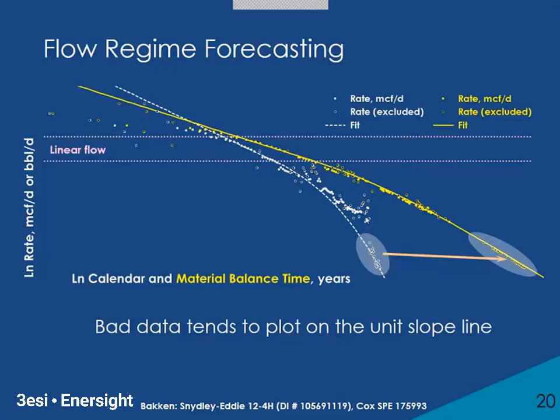I think, because this is an Elm Coulee Bakken well in North Dakota, I don't know what's happening here because I'm just pulling public data. But I think what's happening is that there's some damage on this well. Maybe there's some leaking tubing, maybe there's some plugging, maybe there's some scaling, but there's some damage here that for whatever reason the operator has not yet got to this well to repair. And if that's the correct assumption, then you need to